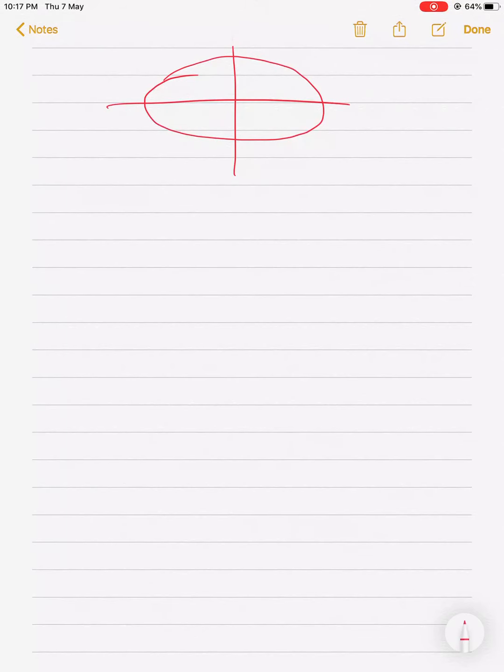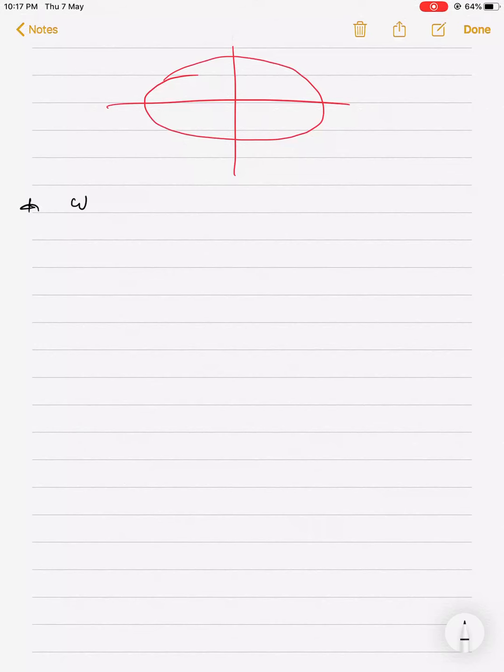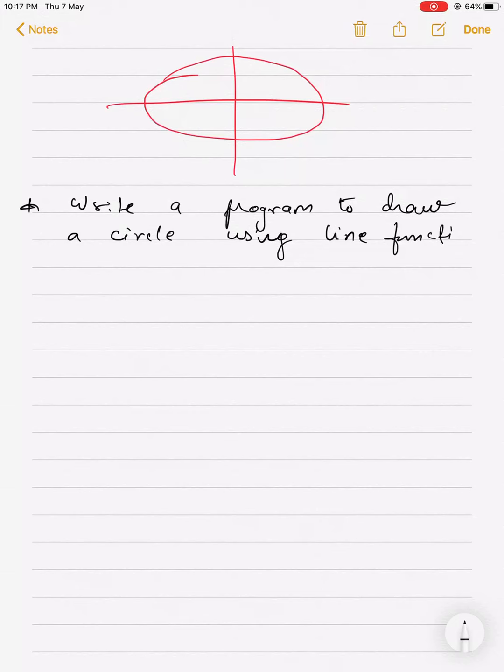But the major thing: if I ask you to write a program to draw a circle using the line function, this program is similar to the program mentioned in your lab.